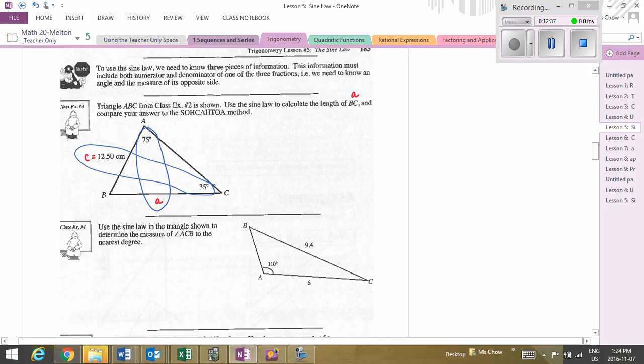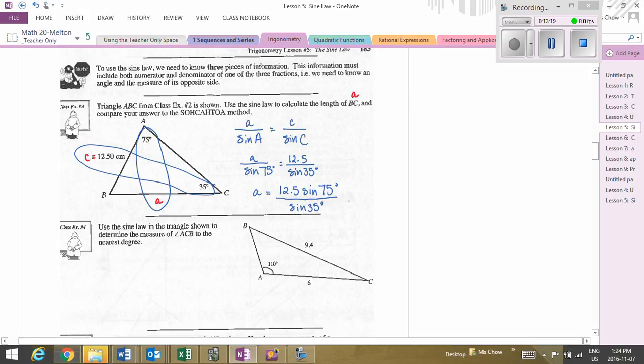And so when we see those opposites, we can use sine law. So we can say that A over sine A is equal to C over sine C. So then A over sine 75 degrees is equal to 12.5 over sine of 35 degrees. If we multiply both sides by sine 75 in order to isolate A, then A is equal to 12.5 times the sine of 75 degrees, all divided by the sine of 35 degrees, and you can put that all